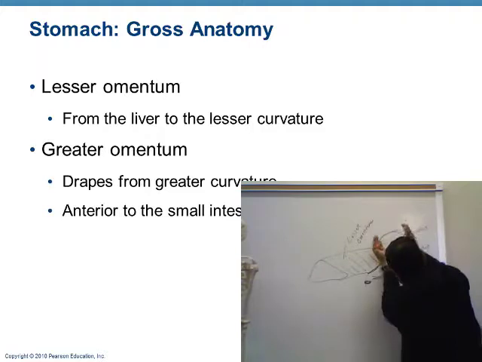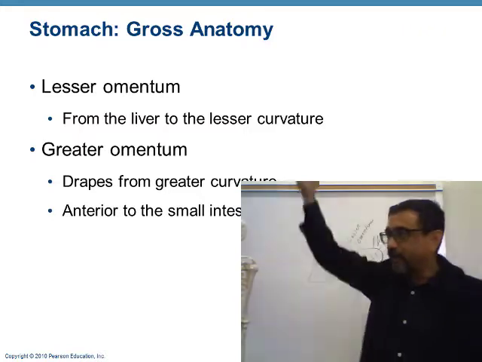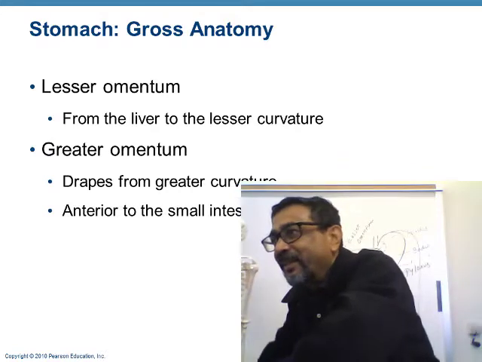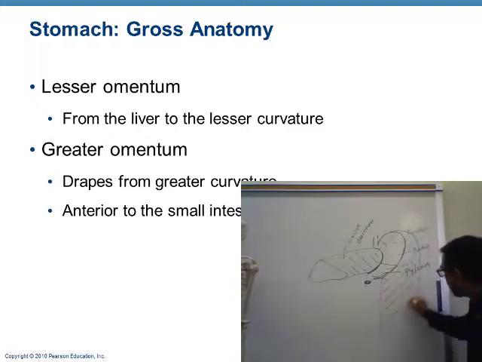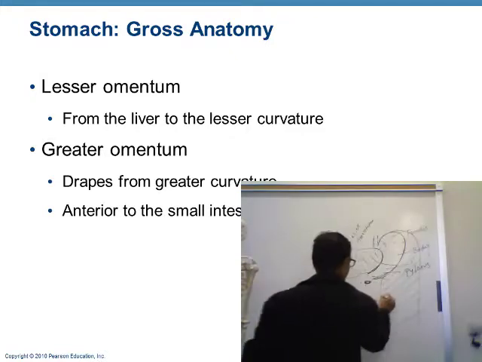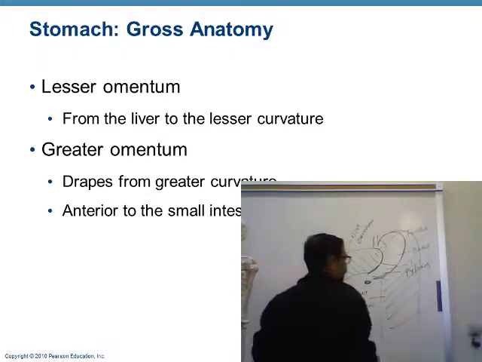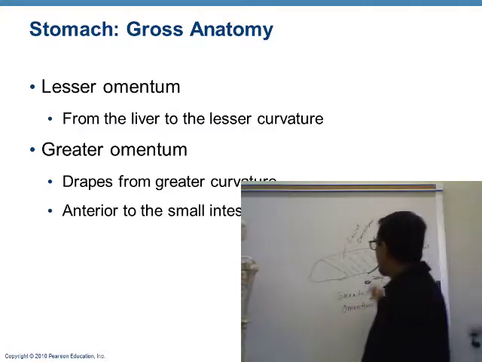those two coverings get together and unite here and drape down like a curtain, or you know, sometimes you put a bed sheet or tablecloth that hangs like this. So it hangs like this from the greater curvature. This is called the greater omentum. Okay. So lesser omentum is the membrane that extends from the liver to the lesser curvature